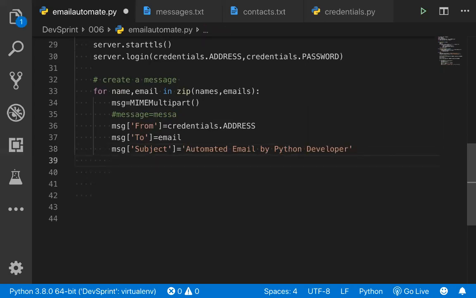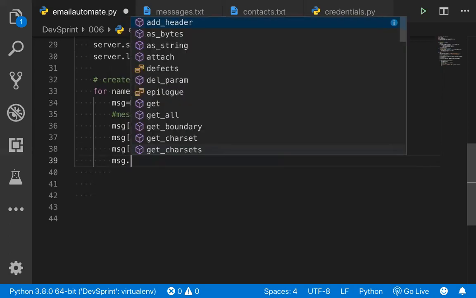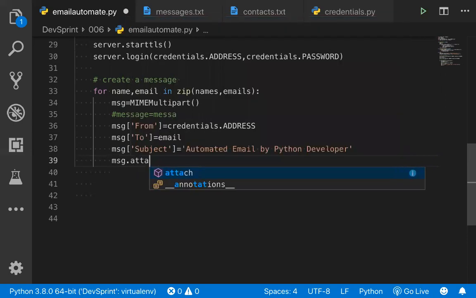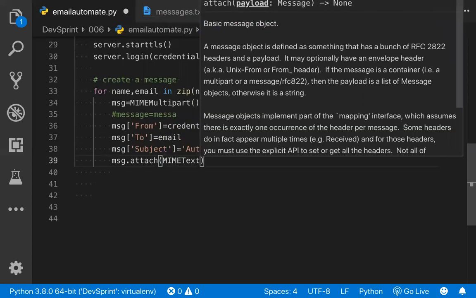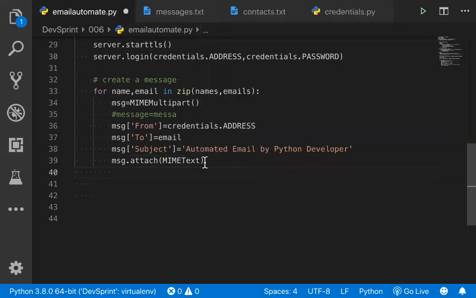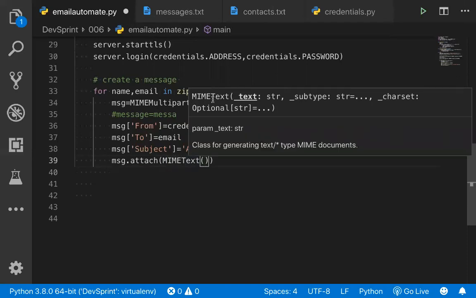So once we're done with the subject, the only thing left here is we have to send the message with msg dot attach. Okay, we need to attach the text file, or anything else you have. As of now, we have only a text file. So I'm not going to use any documentation at this moment. That you can try on your own, right? So I'm using the text message. This MIME text will take the first one as the text, and the rest of the information. So we'll use the text, that is the message.